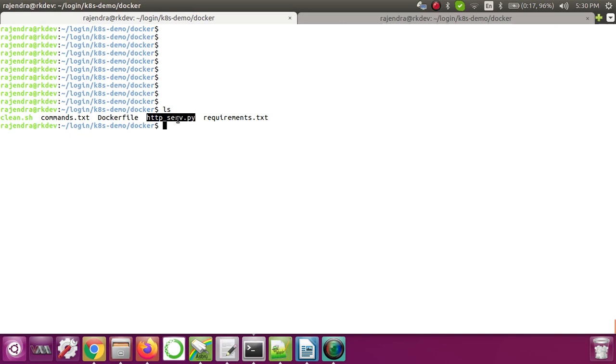The first thing we need to do is create the image of this application. So inside that image, what all things are included? Your application is there, the dependent libraries are there, all the requirements of that application are there, and then the environment is also there. Environment means, let's say my application is running on an Ubuntu machine or CentOS machine or whatever.